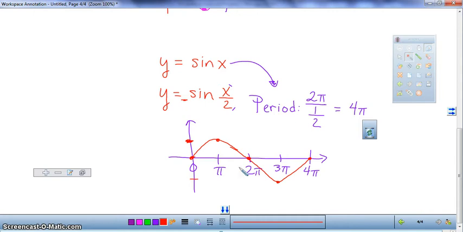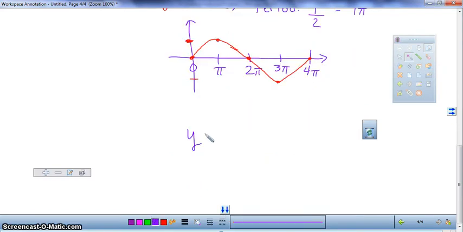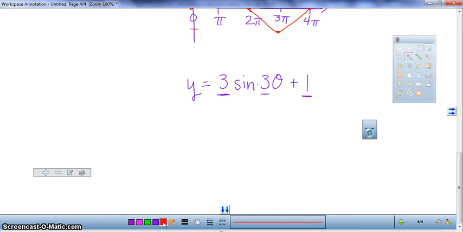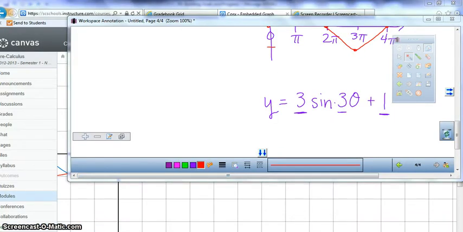Now, on your assignment for tomorrow, you have to work with a period. So you'll have some problems just like this, and then I'm hoping that you can get to problems where you have like y equals 3 sine of 3 theta plus 1. And remember, theta can be the same as x. And so what you're going to have there is an amplitude of 3, a vertical shift of 1, and the period is going to be different. So the period of that is going to be